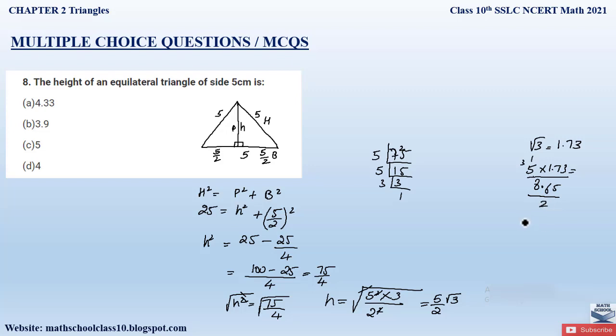So let us divide this again to find out the value of h. So dividing by 2, 2 4s are 8, 0, then 6 come down, 2 3s are 6, again 5 comes down, 2 2s are 4, then 1 is the remainder. So since there is a point which is placed after two digits, we can add a 0 here. 2 5s are 10, so 0. Therefore, this value of 4.325 can be approximated as 4.33. Okay, so our correct option is option A. So this is our h value.